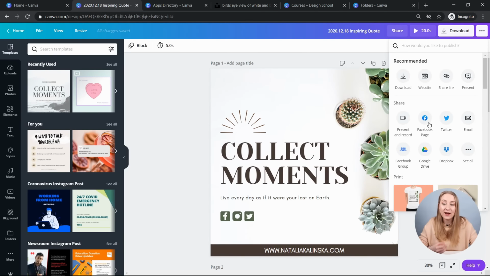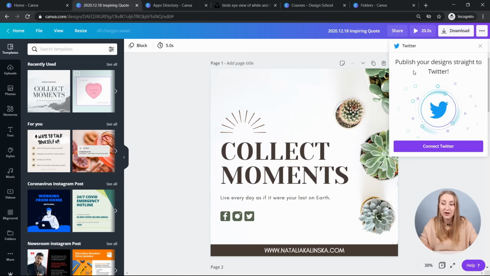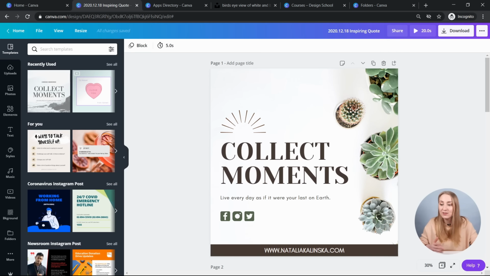And as I've said before, if you have it connected to any of your social media, you can just share it straight to Twitter. If I connect to my Twitter, I could just schedule it from here, enter captions, and this would be my design sorted. And apart from that, instead of the 5 gigabytes of cloud storage, in Pro you have 100 gigabytes of cloud storage. And trust me, it does bulk up if you're creating for multiple platforms or if you're using videos as well. So that's something to keep in mind.